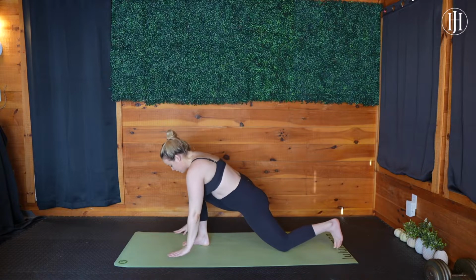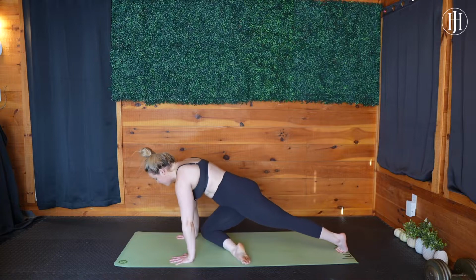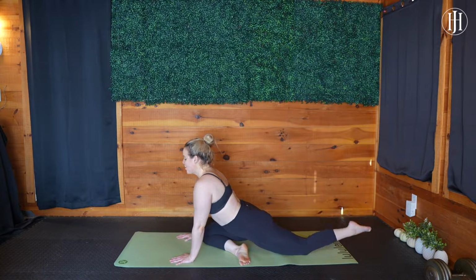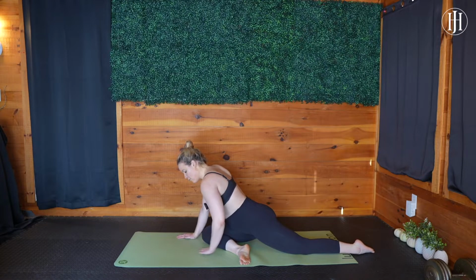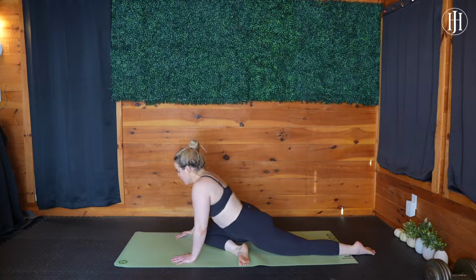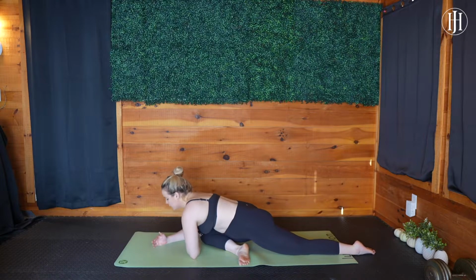Exhale, frame the foot, right knee to nose, we crunch in. And then we bring the right knee to the right wrist. Drop it down once again through the left knee, untuck the left toe. And we drop it all the way down for a pigeon on this right side. Option to stay up on the palms, drop it down to elbows, or drop it all the way down to